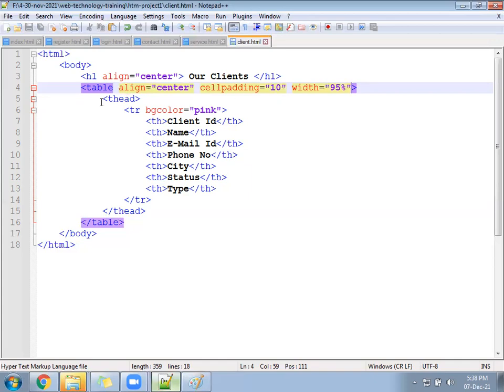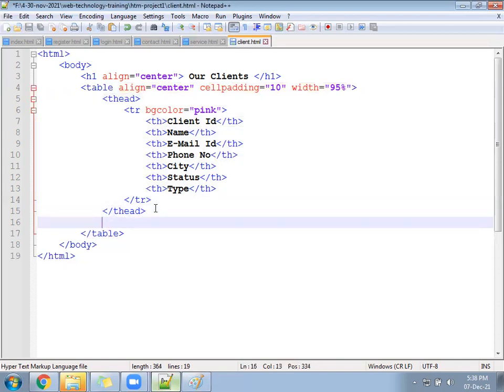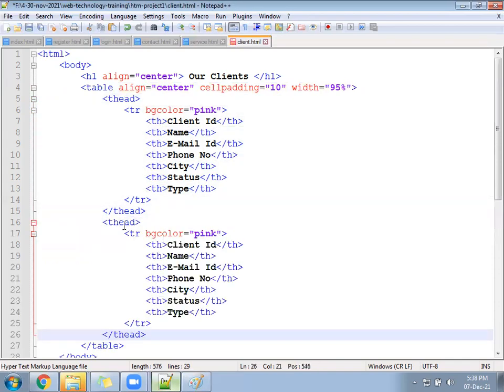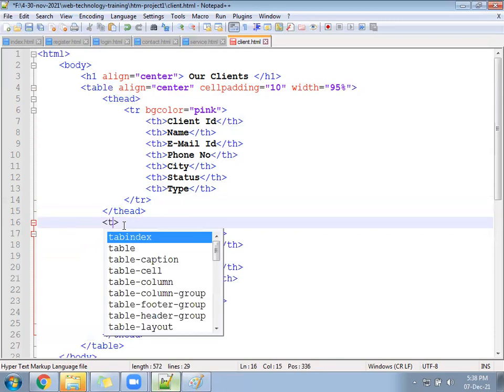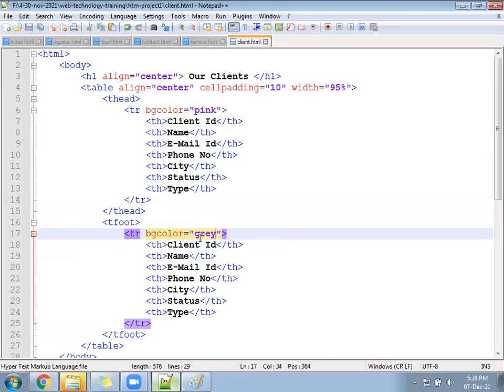Come next. T head you copy, paste in the last as T foot. TR BG color something, gray color. Bottom section in gray color.